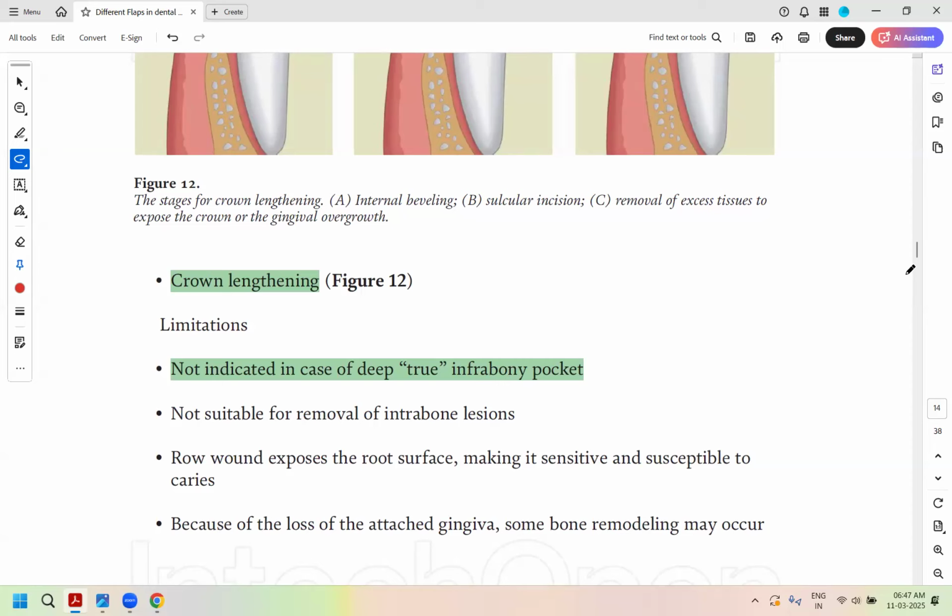Right? Apically positioned graft is complete true pocket elimination process, making the area cleansable. But because it exposes roots, it is done in posteriors. It also preserves the attached gingiva. All these four kinds clear. Full thickness, partial thickness clear.